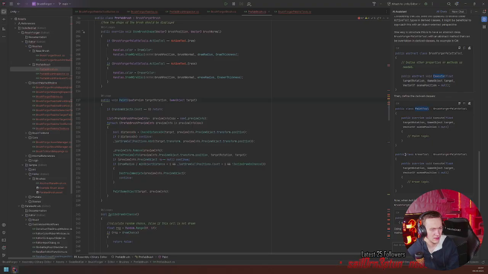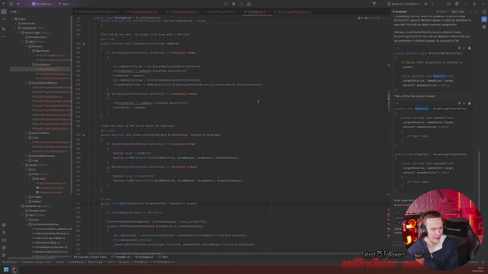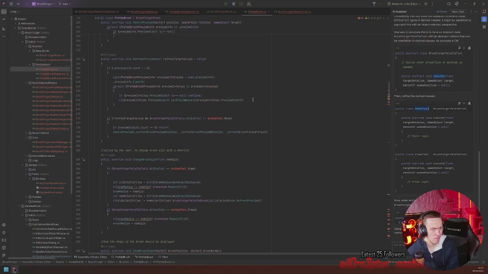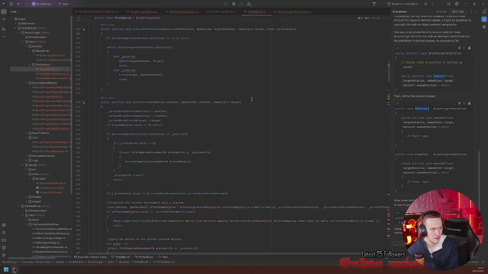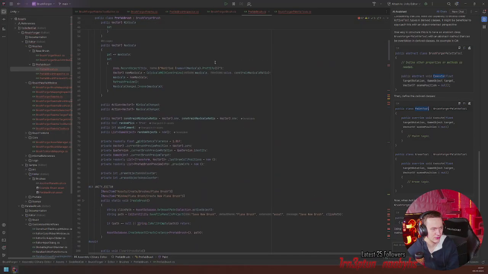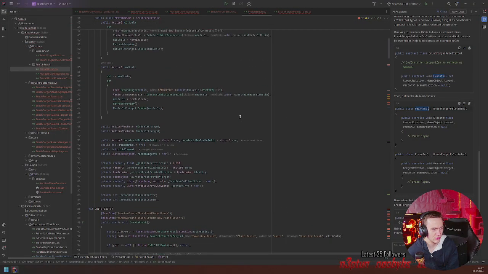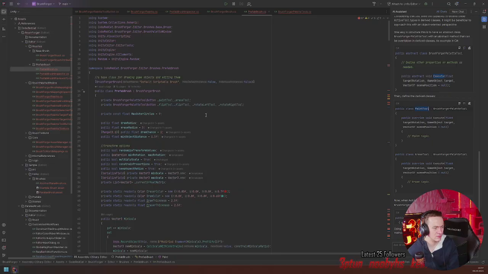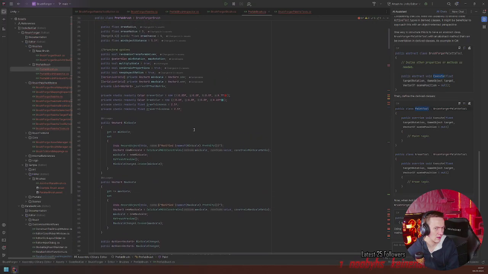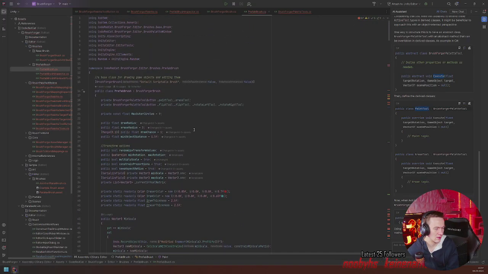Will also make it possible to have your own class. Just swap out the tool. If you want to have something custom for the paint tool.